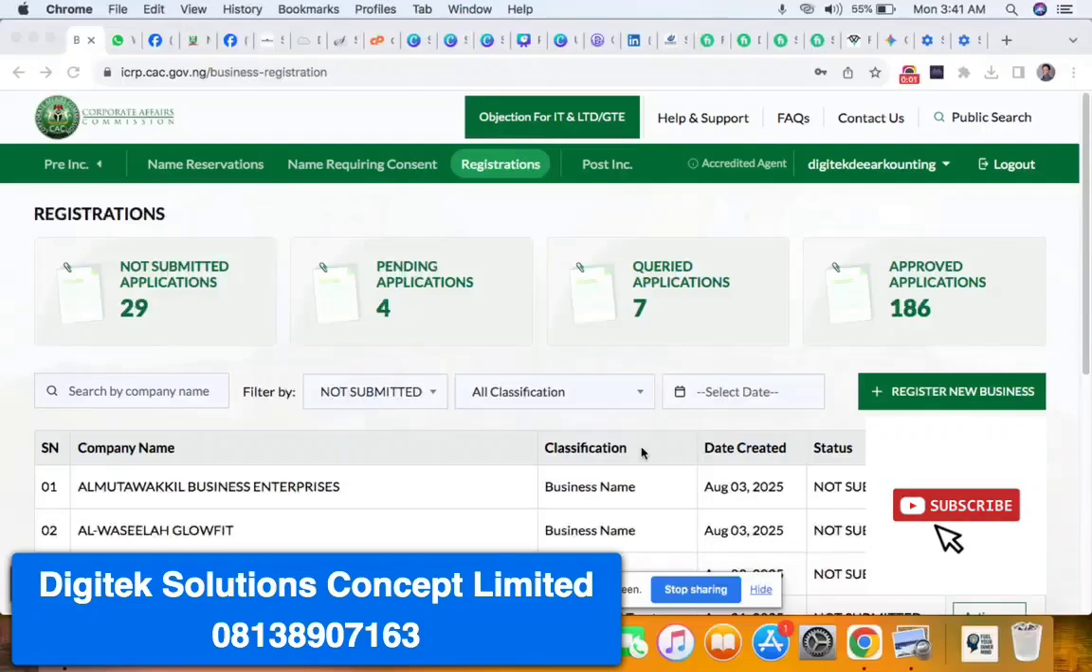So good day guys, you are welcome to this short video on how to resolve the agent name showing as one of the proprietor or director in your registration. So when you log into the portal you are using, either the agent portal you created for yourself or someone else's agent portal,